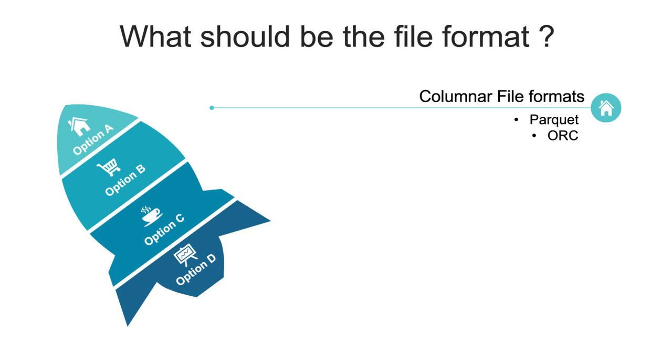So preferably, it is good to have columnar file formats like Parquet, ORC. The reason being the compression ratio that these columnar formats offer is very good. So in turn, it saves your storage space, as well as it is very easy to do a predicate push down at column level, because if your queries do a predicate push down, then they will be faster. So it is preferable to have your files stored in a columnar format.